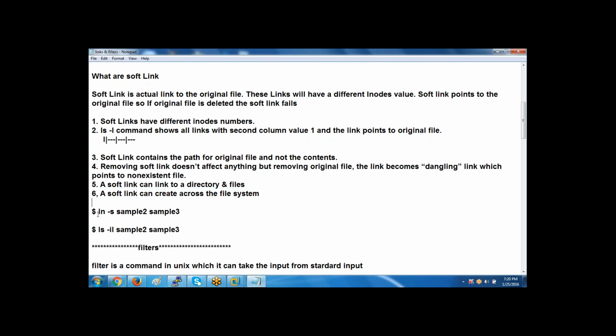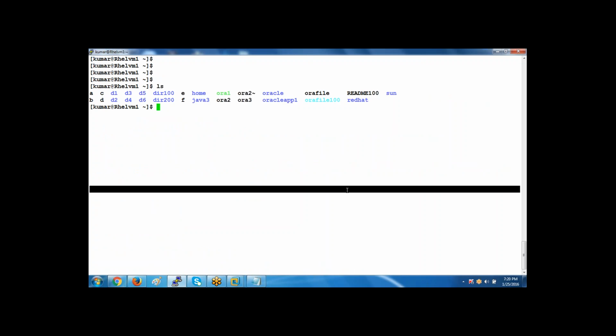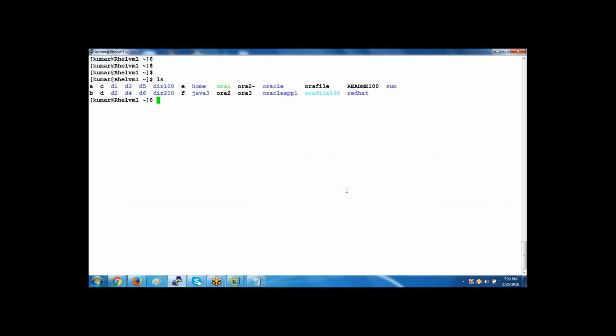Understand? This is the information, and this is the syntax to create a soft link, and this is the syntax to know the inode numbers for the original file and the link. Okay, so now let us see how we will create it. I'm having a file with the name readme100. I want to create a soft link for this. Right now you can see in the front of the permissions nothing is shown. So the link count is this, it's a normal file. So I'm going to say